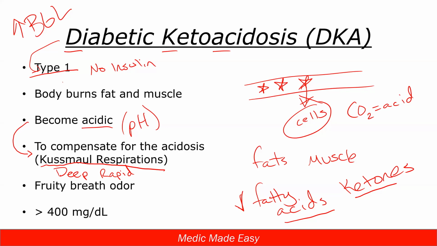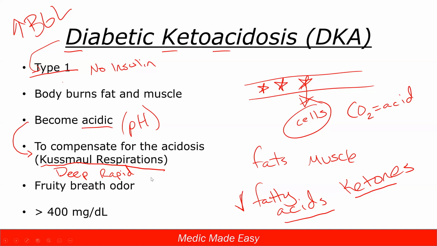And hypoglycemia, other hyperglycemia issues, we're not going to have those rapid, deep respirations, specifically deep. Hypoglycemia, we said, probably rapid and shallow. Other hyperglycemia issues, probably rapid and shallow, or rapid and a normal depth of breathing. But specifically with this DKA, we're going to have those deep, rapid respirations, and we call those Kussmaul respirations.